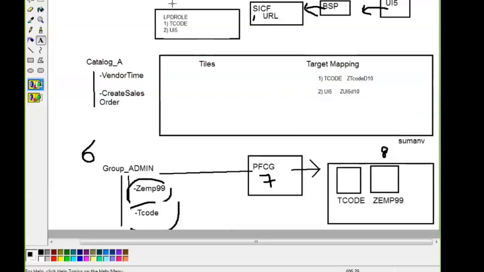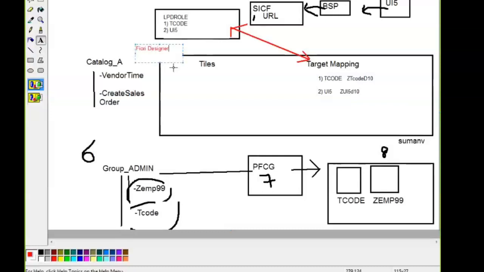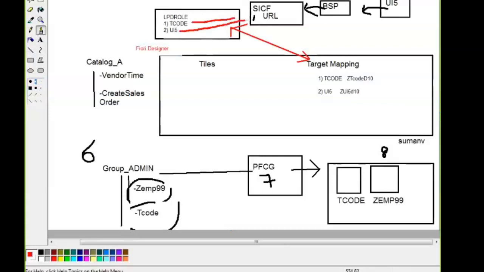So, your LPD role is acting as a link between your backend and the Fiori designer. So, this is the Fiori designer. To assign this application aliases which contains the URL or the other T codes. So your T code and the UI5 link we have given, which points to the SICF.